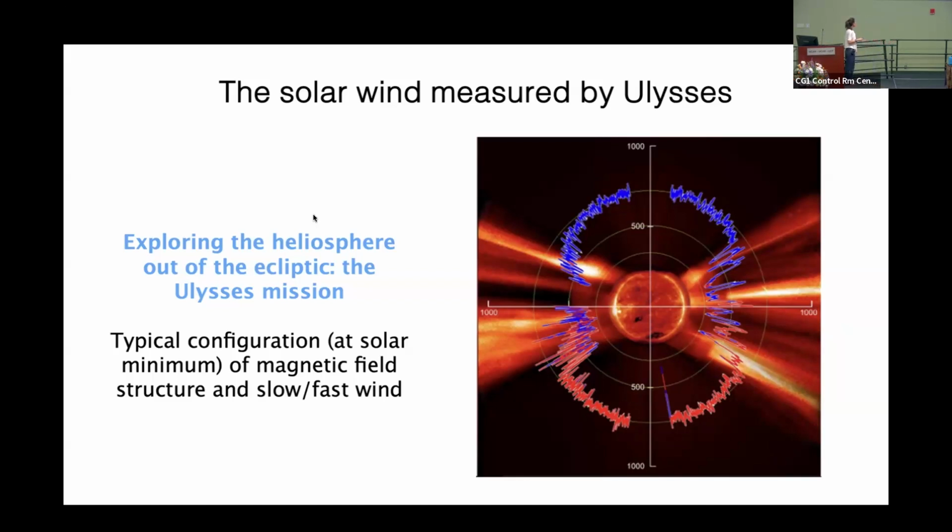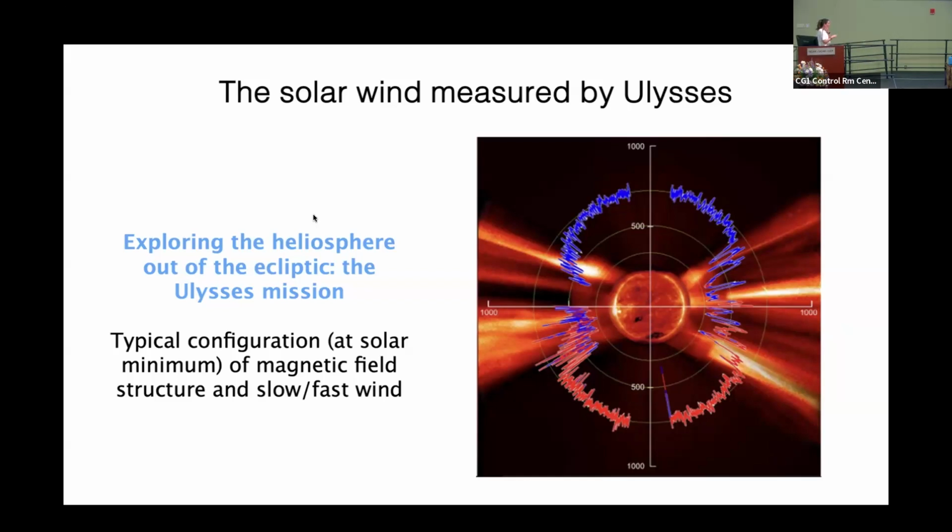The second thing I want to point out is that the relatively steady state wind predicted by Parker looks like the one coming from the highest latitudes. The blue and the red represent the dominant polarity of the magnetic field. So what that means is that the wind here is coming out from open magnetic field regions. Now, monopoles do not exist, so these field lines will connect out in interplanetary space.